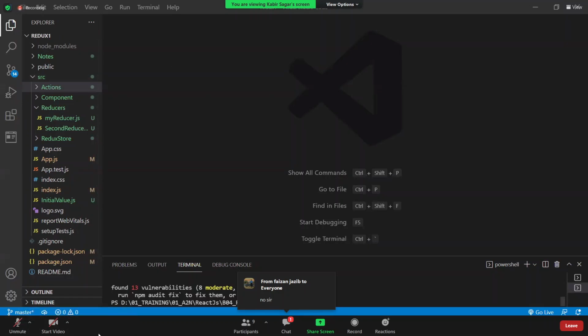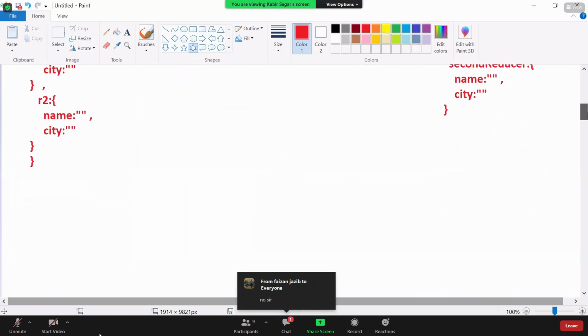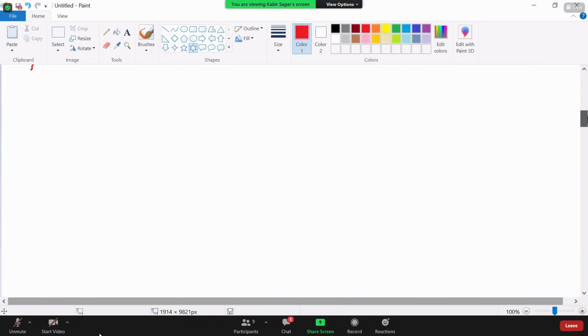Node, you just require Node. Apart from that, nothing here. You just have to do npx create-react-app and your application name, and it will create the React app. But the project which you shared previously, it's not working after doing npm install and all.